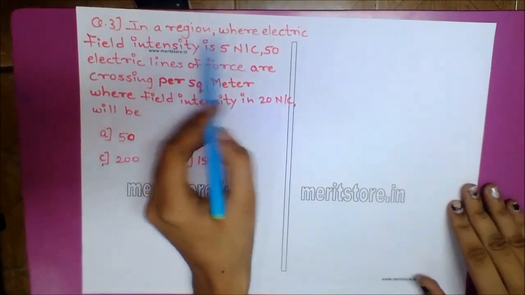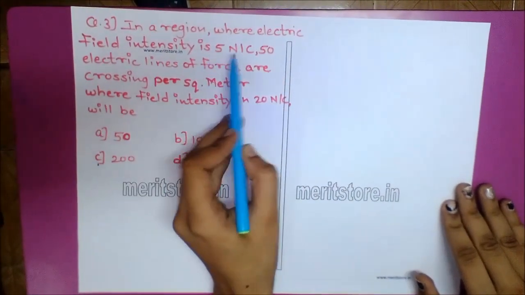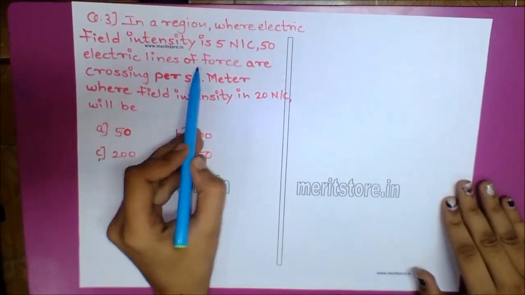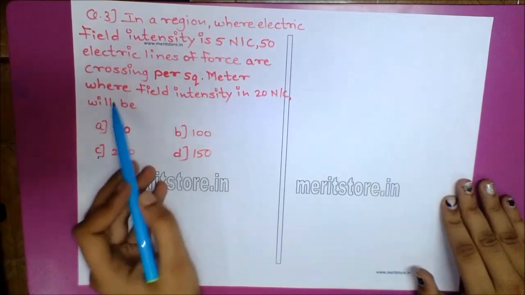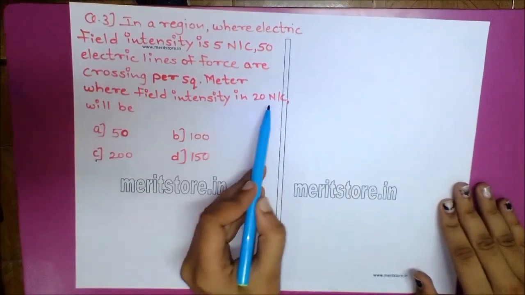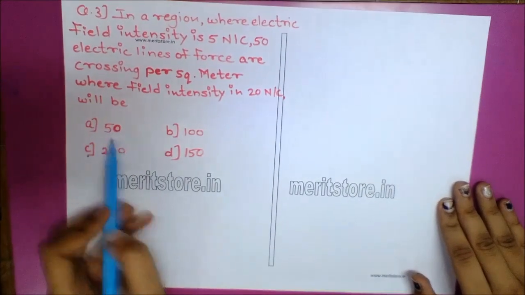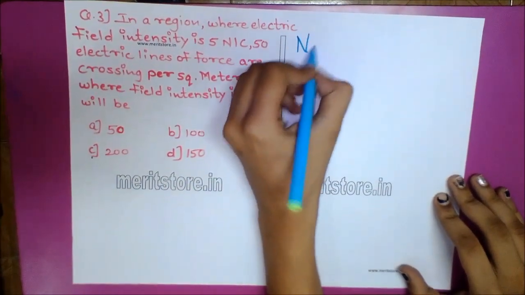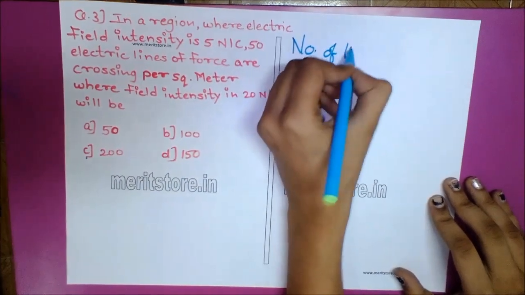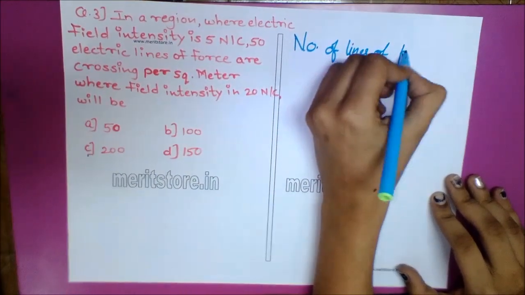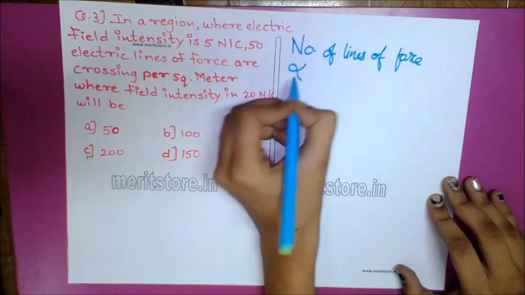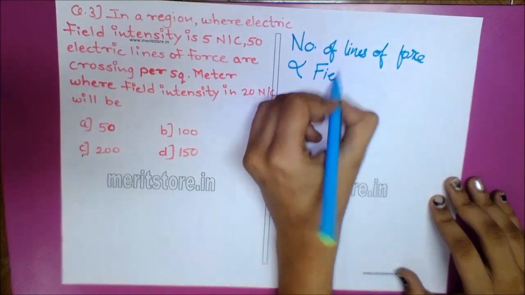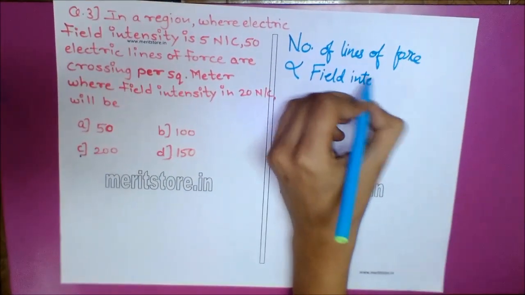Question 3. In a region where electric field intensity is 5 Newton per coulomb, 50 electric lines of force are crossing per square meter. Where field intensity is 20 Newton per coulomb, the number will be: A, 50; B, 100; C, 200; D, 150. We know that the number of lines of force is directly proportional to the field intensity